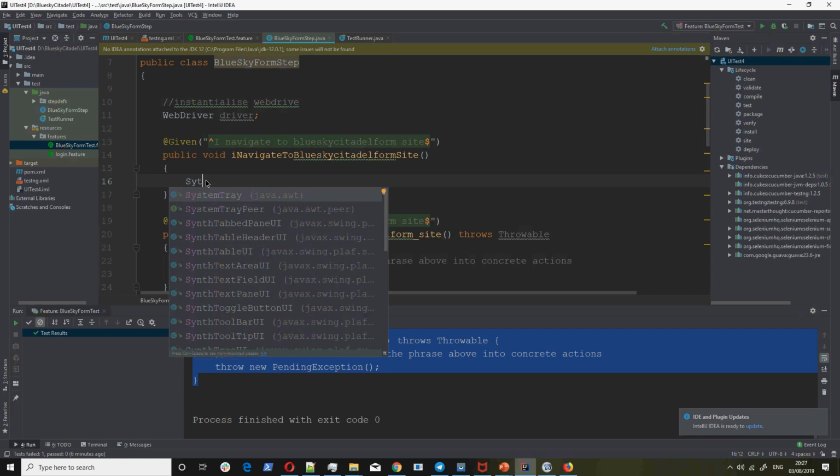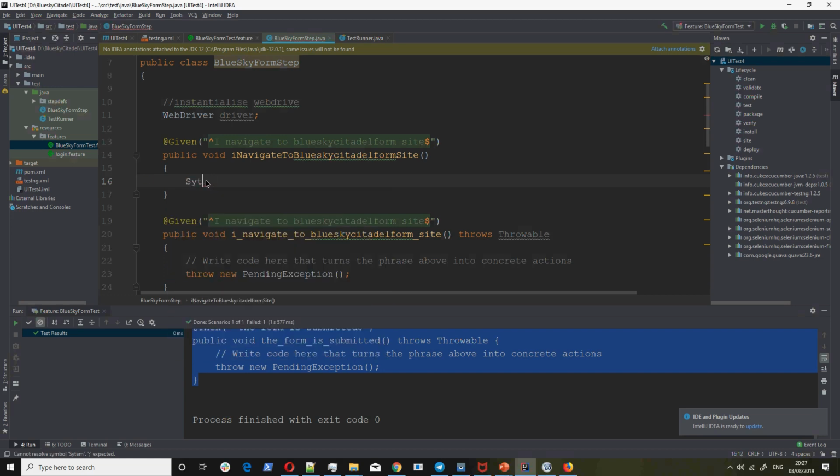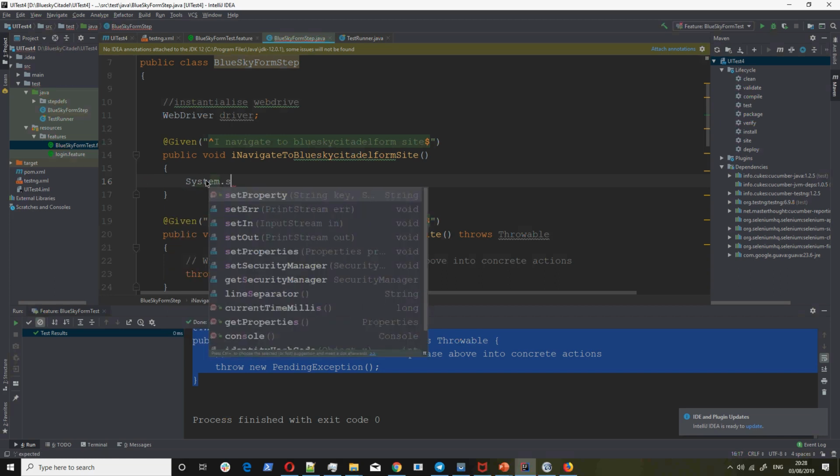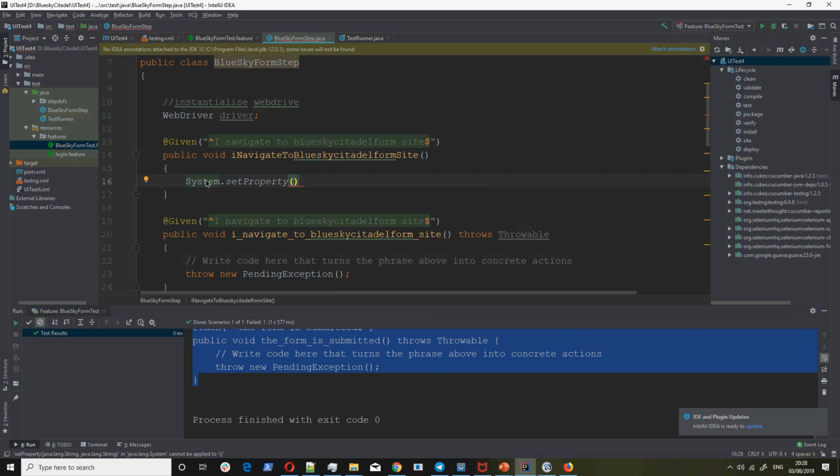So System dot setProperty. Because before you can use your browser, it's very, very important to set your properties. For this particular case, you would put